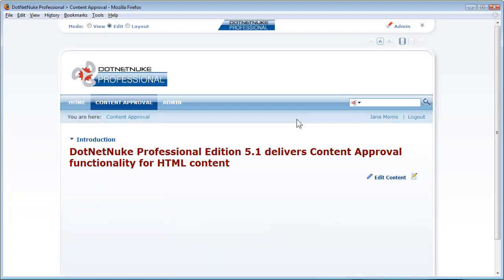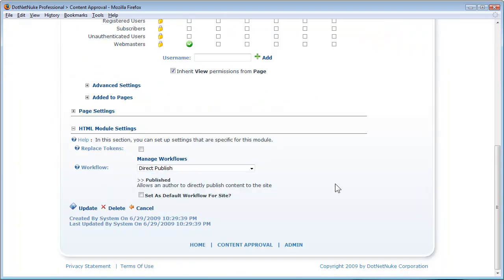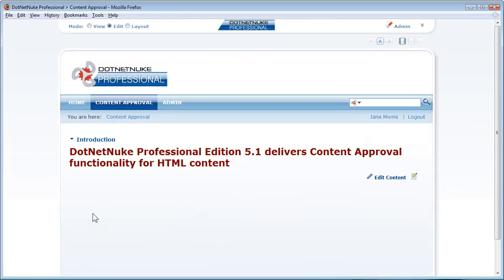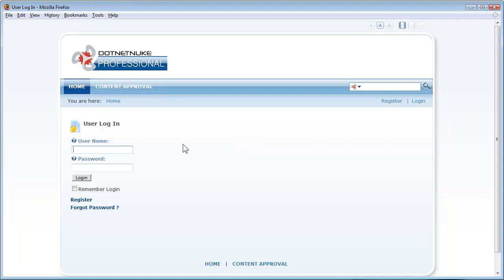Now at this point we have created the workflow, however we have not enabled it. Let's go into settings and enable this workflow by choosing it from the workflow selection list. We've now selected marketing approval as the workflow, and we can click update. Let's log out now and log in as Bob, who is the webmaster for this site, and let's edit the content. So I log in as Bob